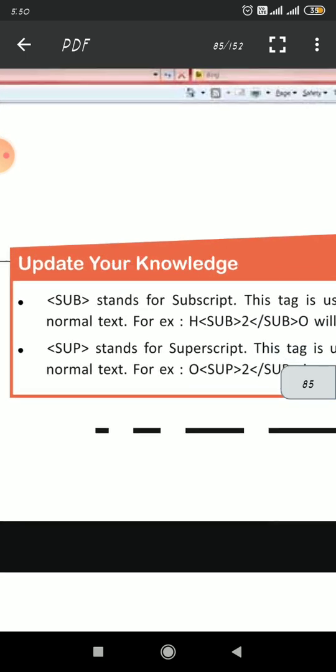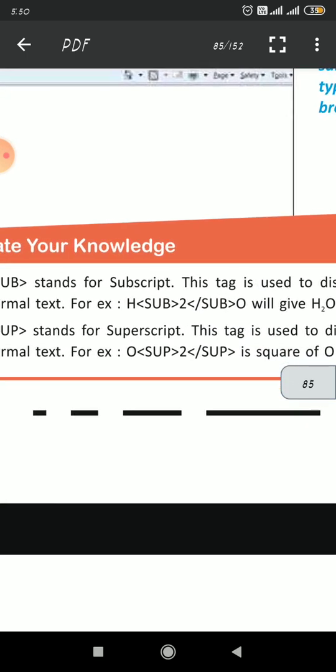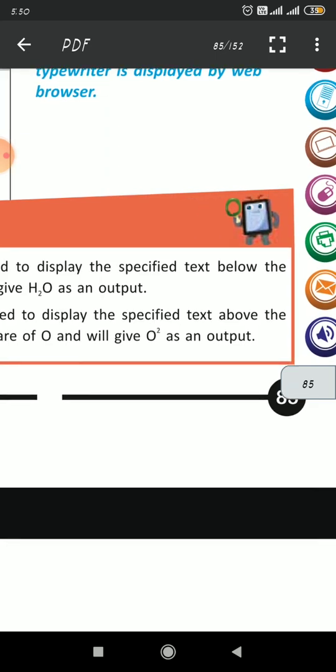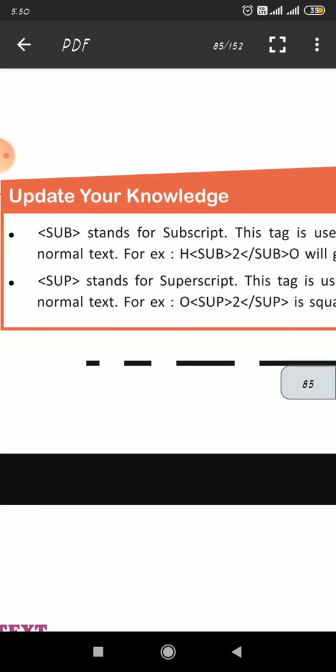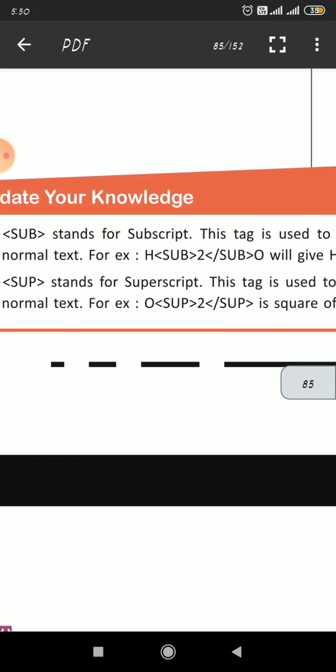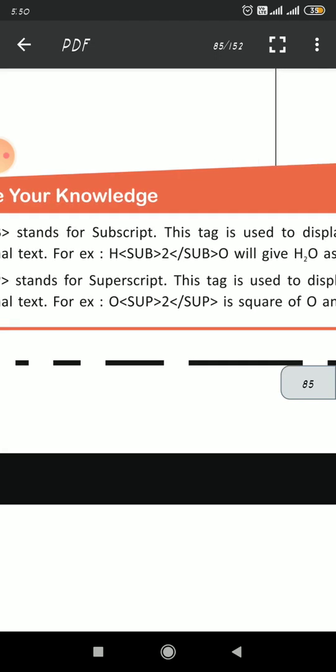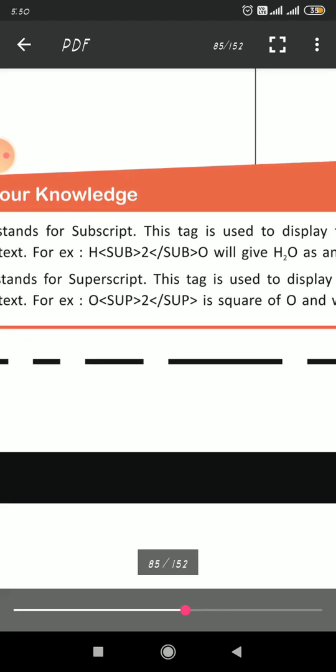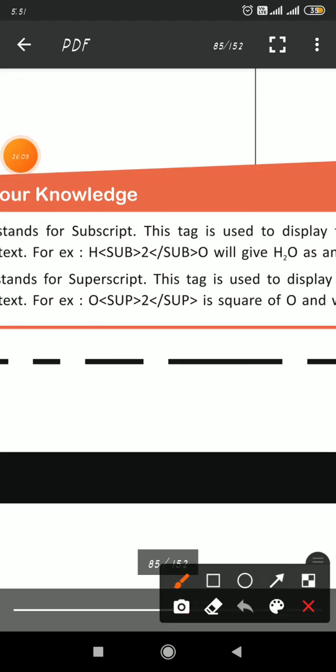Sub stands for subscript. This tag is used to display the specified text below the normal text. As an example, H sub 2 backslash sub O. You can see here, this is the best example.